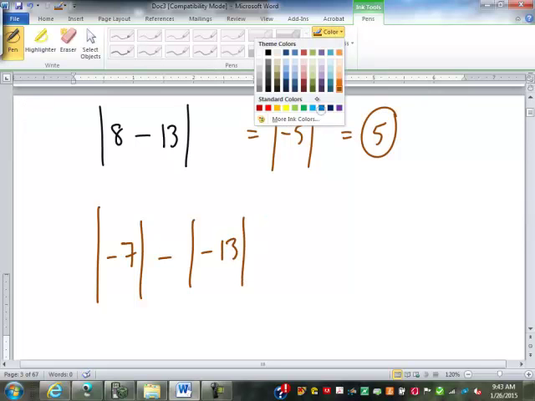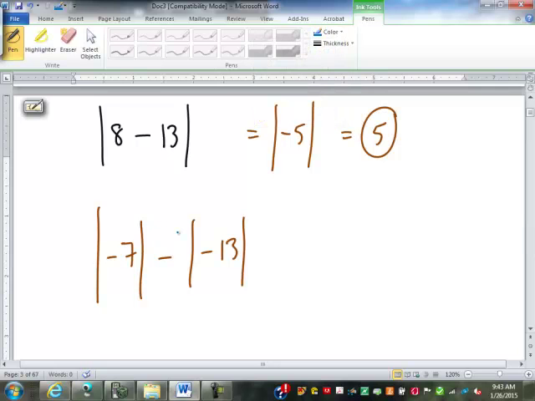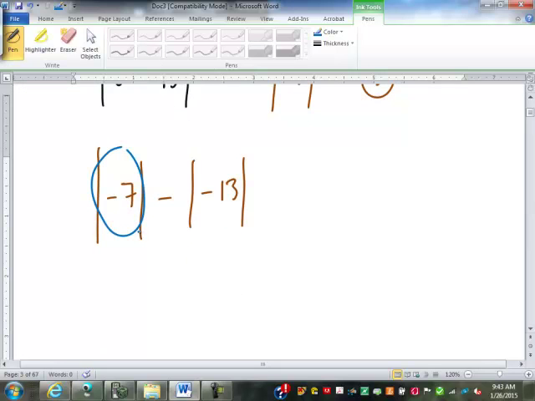But we can have problems like this. Again, each of these is an enclosing symbol. Is there anything to do inside this absolute value sign? No. So we can get rid of it, but when we get rid of it, we have to do the absolute value. What's the absolute value of negative 7? 7. Good. Minus, what's the absolute value of negative 13? 13. Now we have 7 minus 13, which is